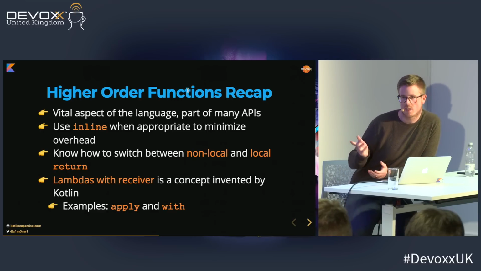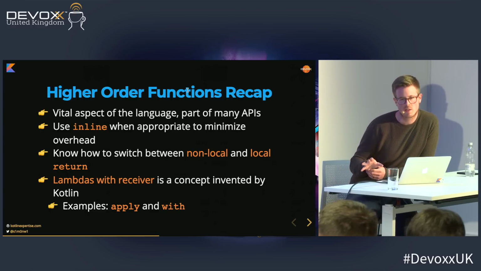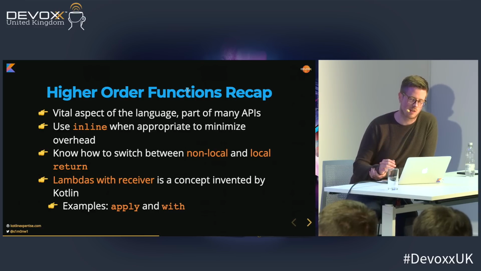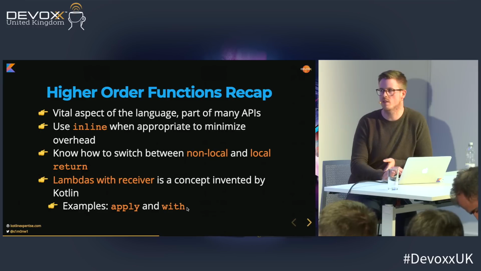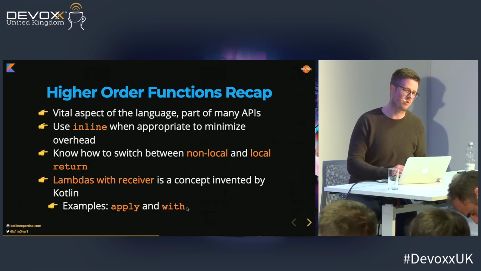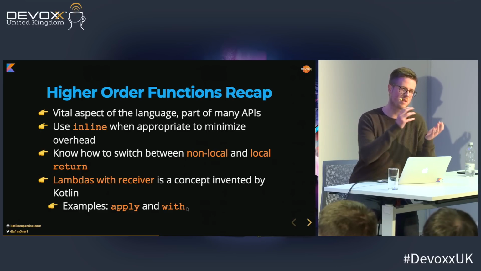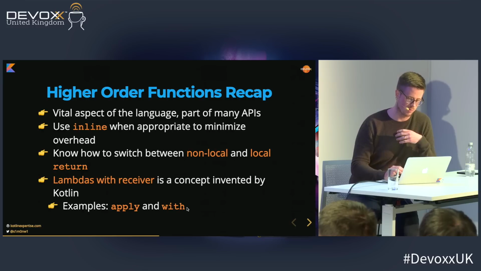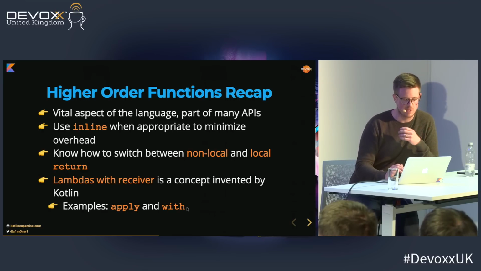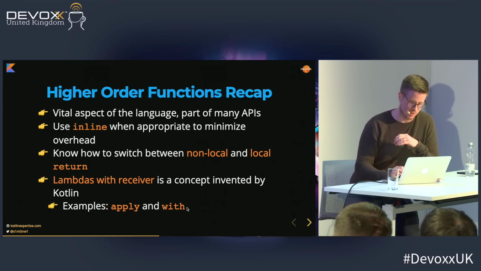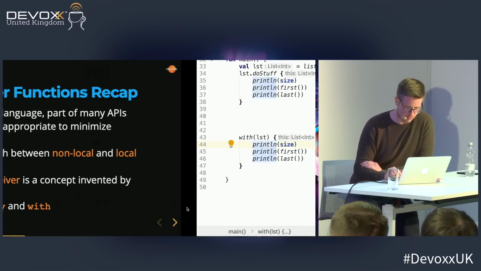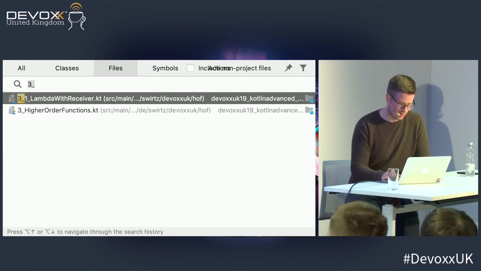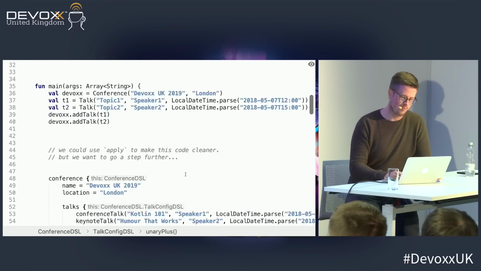And this is actually a concept invented by Kotlin. So this is, I think, the only feature that is not available in any other language. And examples are with, as we saw, and also apply, which is another. They are called scope functions because you bring some object into another scope, or you basically bring your function into the scope of some object, to be more precise. All right. So the next example is